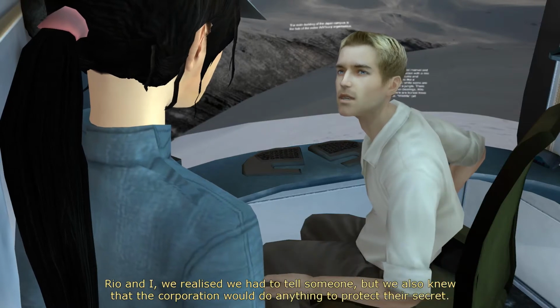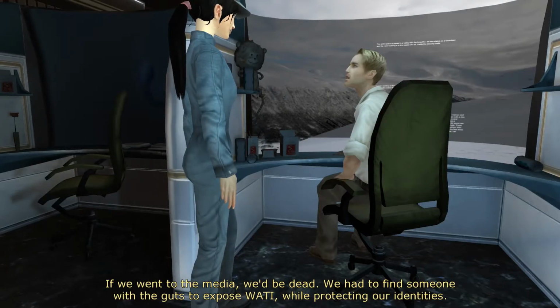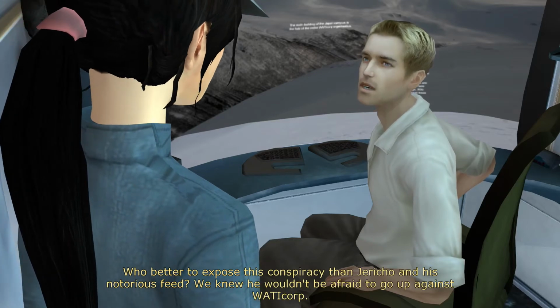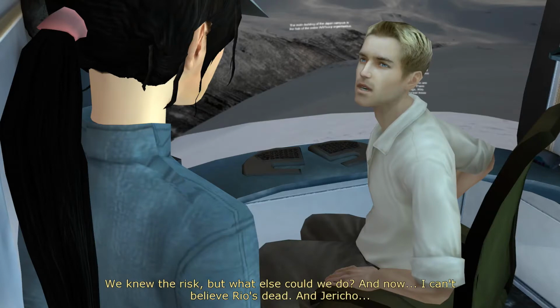Rio and I realized we had to tell someone, but we also knew that the corporation would do anything to protect their secret. If we went to the media, we'd be dead. We had to find someone with the guts to expose WatiCorp, while protecting our identities. The Hand That Bites. Who better to expose this conspiracy than Jericho and his notorious feed? We knew he wouldn't be afraid to go up against WatiCorp. So we got in touch, and then Rio went over to Casablanca to meet him. She brought a prototype dreamer with her to prove we weren't crazy. We knew the risk, but what else could we do? And now...